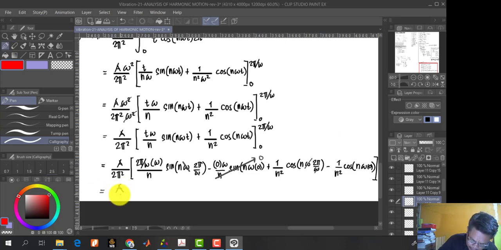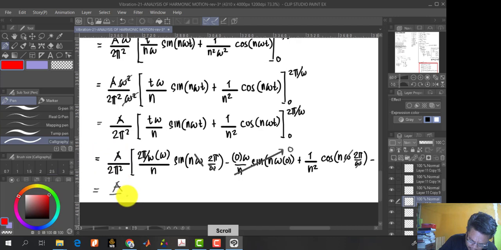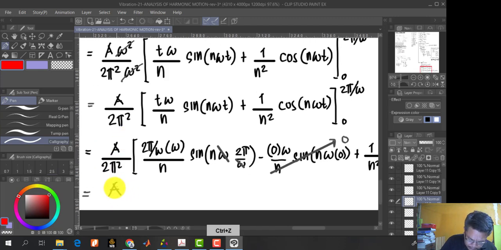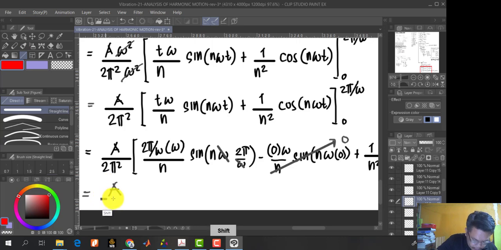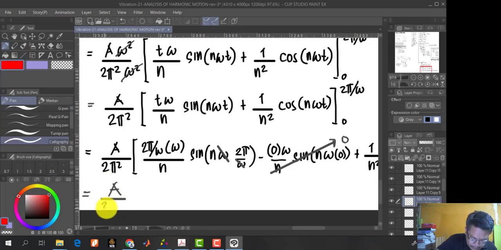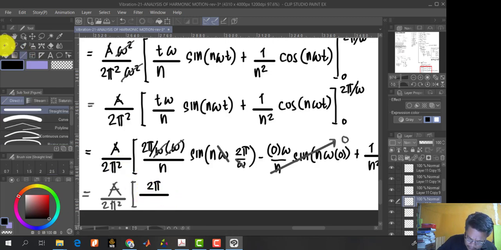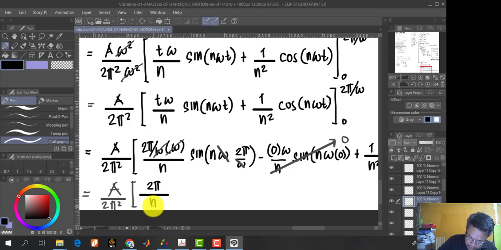So this is a, all over 2 pi squared, close parenthesis. Eventually here, this will also cancel out, so I can cancel this one and this one. So my 1, which is 2 pi, all over your n, and this is sine